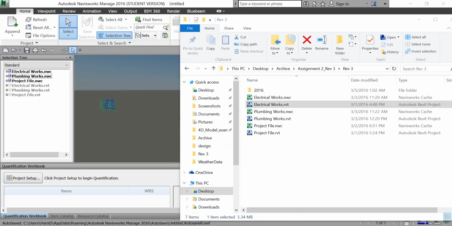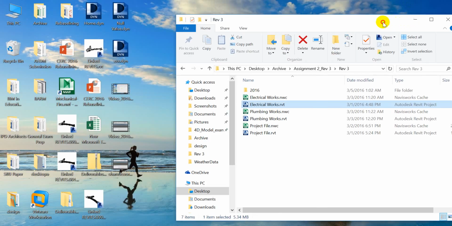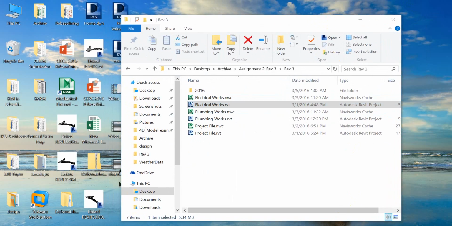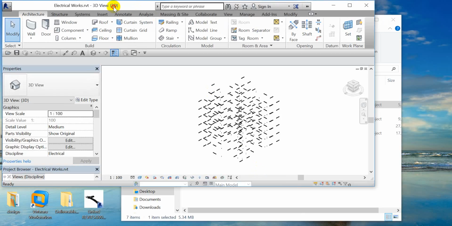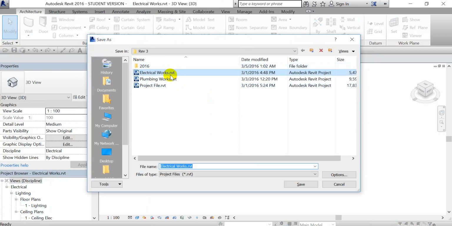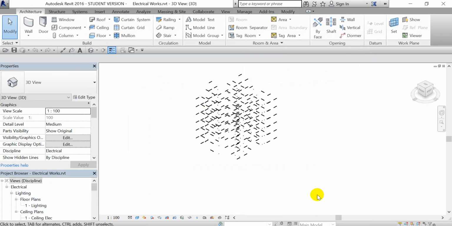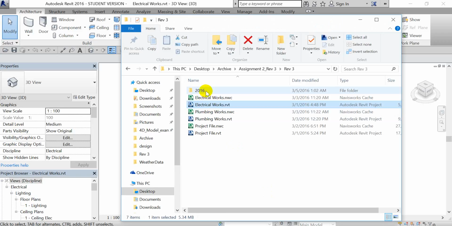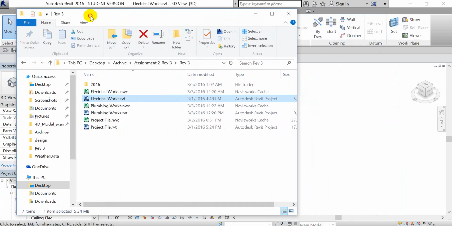Revit opens this model, we need to go to the Revit environment and save it in a new folder, in this case 2016. So I have saved these three files. I opened them, upgraded them, and saved them in this new folder, and now I can show you how you can fix the